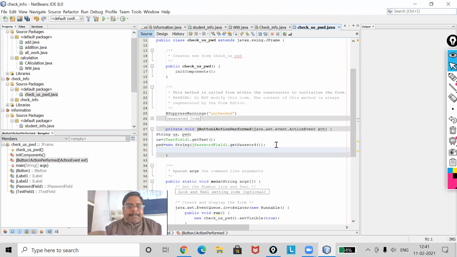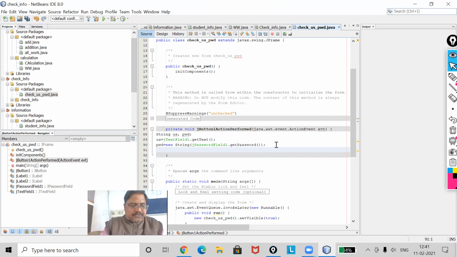Now I'm going to compare the data of user and password. Whatever information you give in the user box must match the password box also.